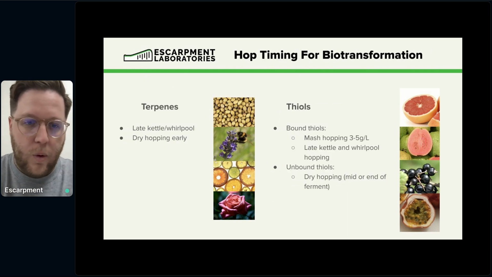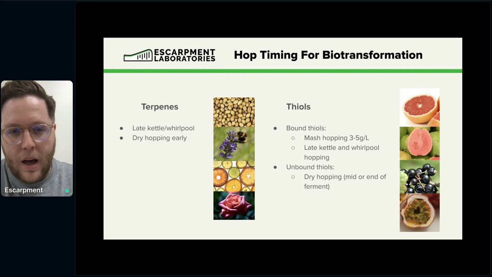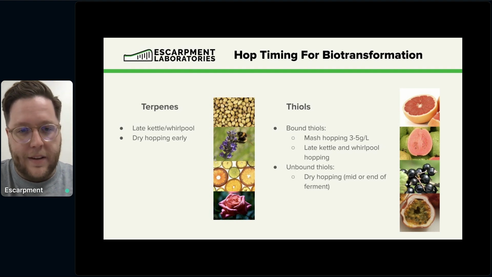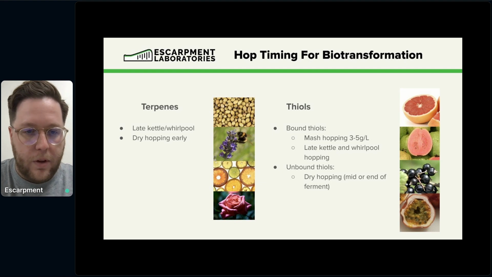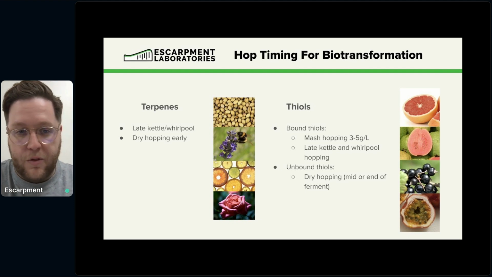Timing is important too. We've talked about this a couple times, but I do want to highlight just some strategies for hop timing for biotransformation. So with the terpenes, you want to get those into solution. One of the best places to get the terpenes into solution from your hops is still on the hot side. So your late kettle addition, your whirlpool addition, or your early dry hopping can help too. That's how you're going to best solubilize your terpenes, both just for flavoring your beer with terpenes and for providing